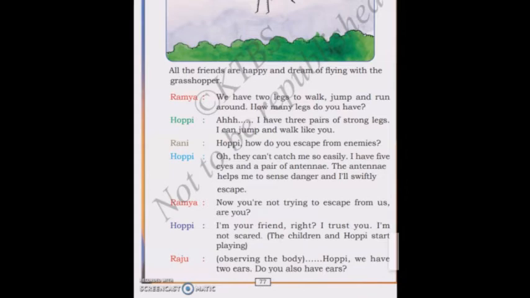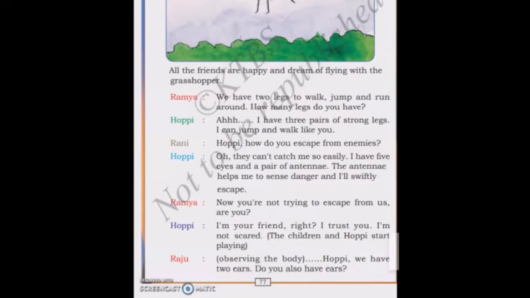Rani asks, Hoppy, how do you escape from enemies? Okay, so when enemies come to attack, grasshopper, how will you escape? Rani asks the grasshopper. So even the grasshopper has to protect itself from the enemies, isn't it? So Rani is curious to know how the grasshopper escapes from its enemies. So Hoppy says,